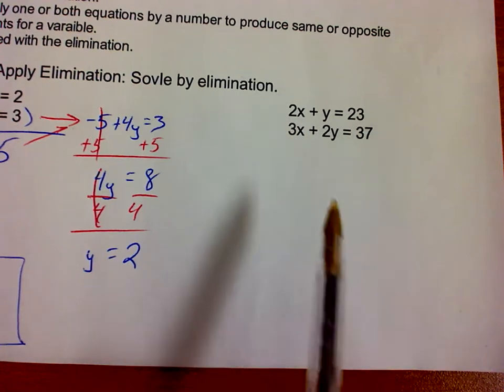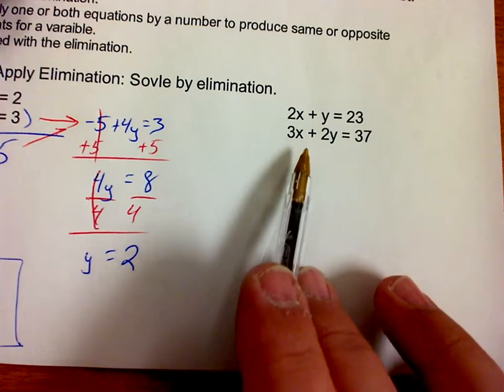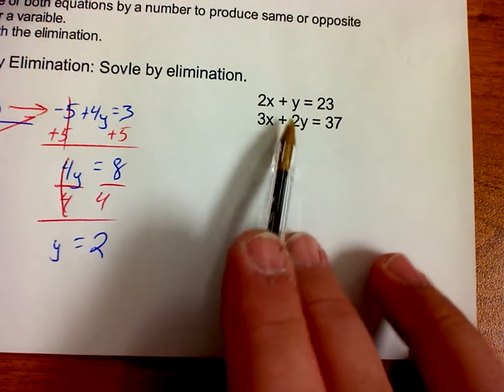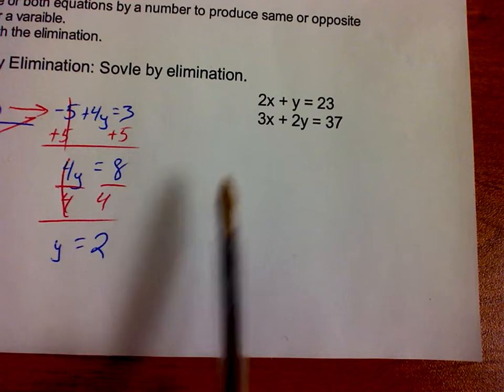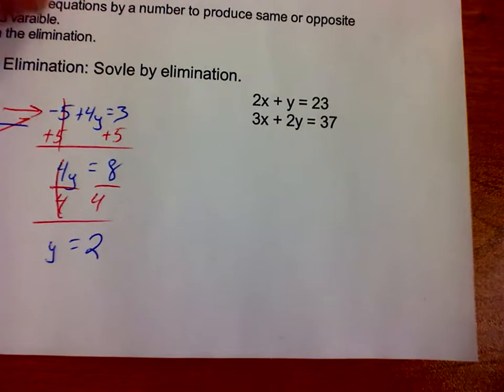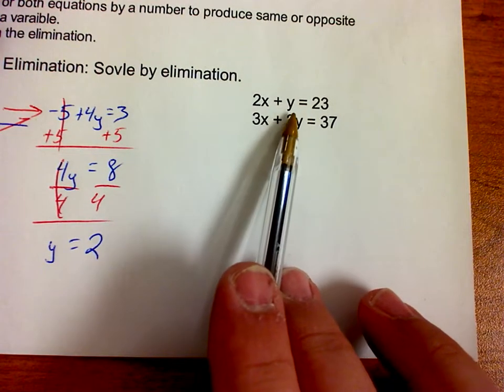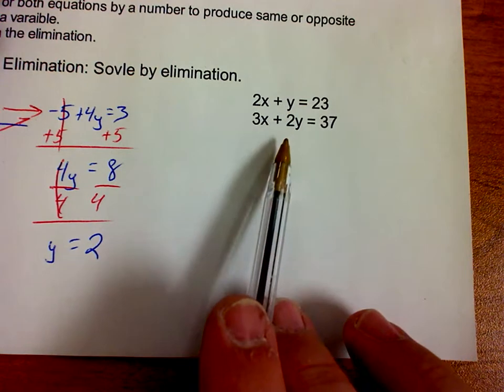X's and Y's on one side, variables or numbers on the other. All right. So now what we need to look into is, what can I do to one of these two equations, or both of them, so that I can get one of my variables to eliminate. Okay. Now usually if you have a variable by itself like this, it's typically going to be the easiest one,